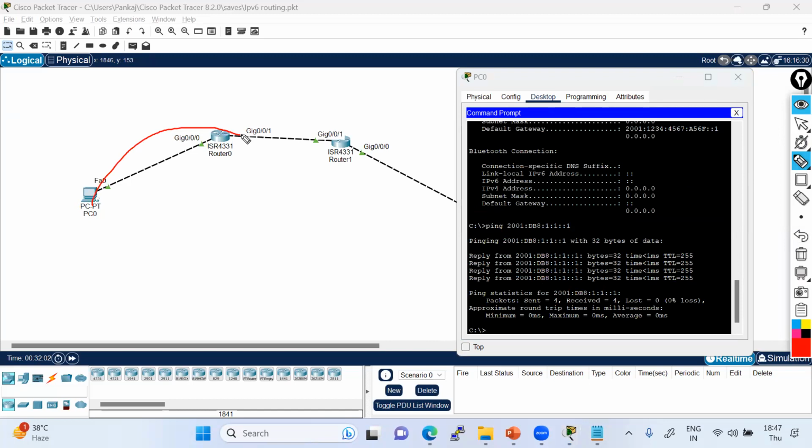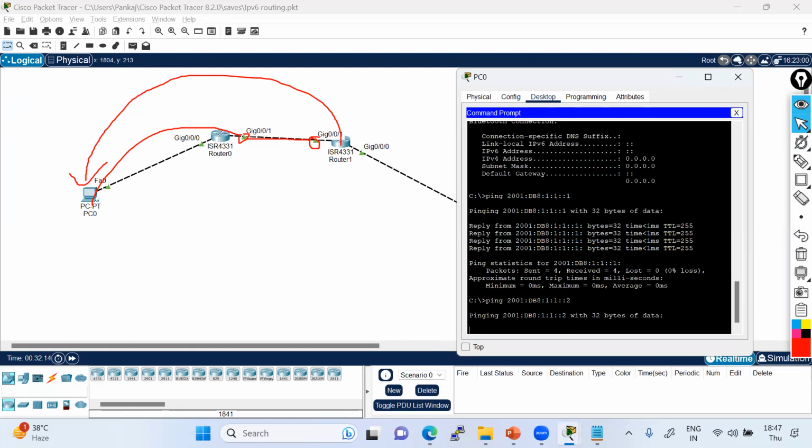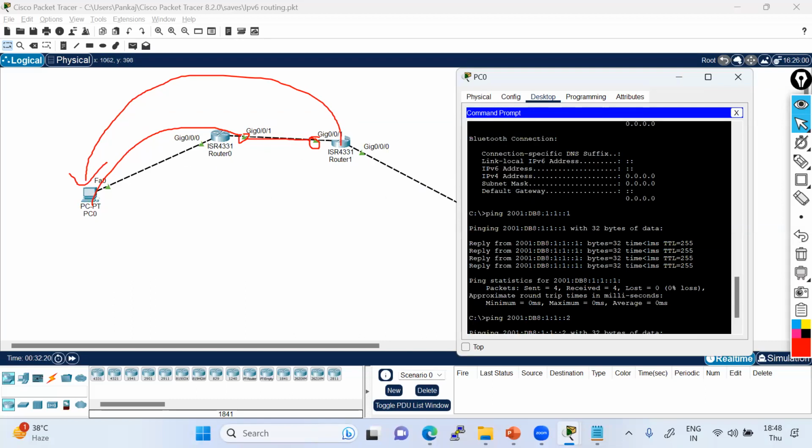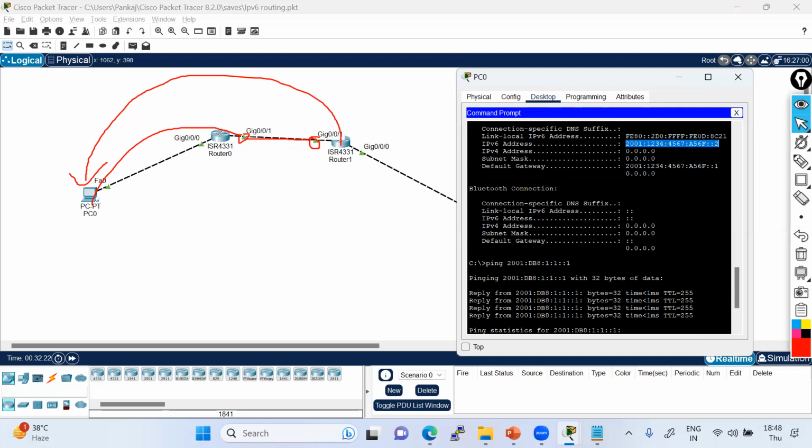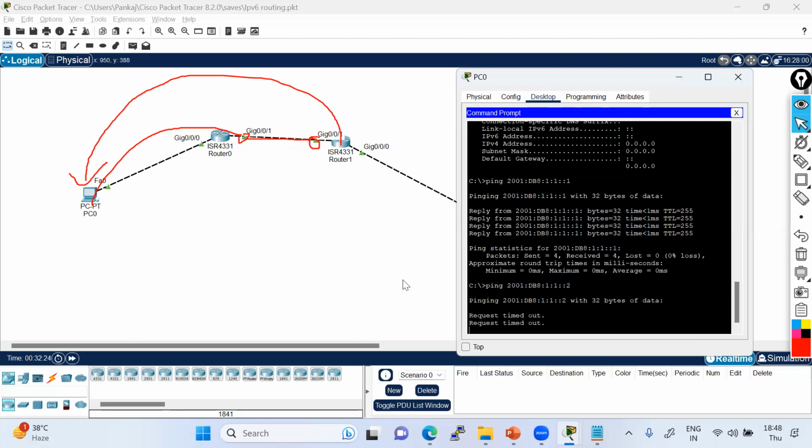This PC is able to reach till this address. But if I try to ping its neighbor IP address, because we don't have the reverse route, it is not going to ping. Let me show you again. Dot 2, it is not pingable. So what we have to do is the reverse route again. For which source? The source is this one. Let me put it here on R1.